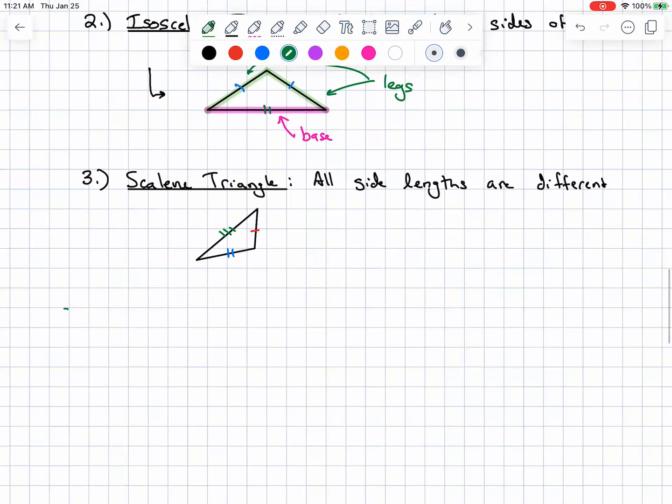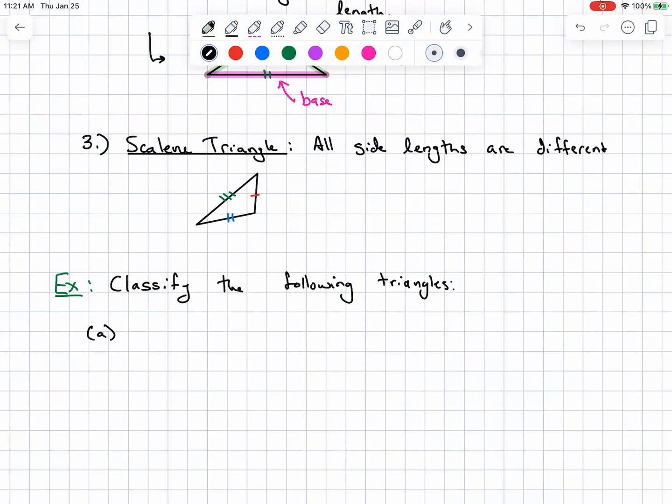So for our example, we're going to classify the following triangles. Instead of writing a solution, we're just going to draw them as we go along. So the first one looks like this. These are not drawn to scale, but it says 6 feet, 6 feet, and